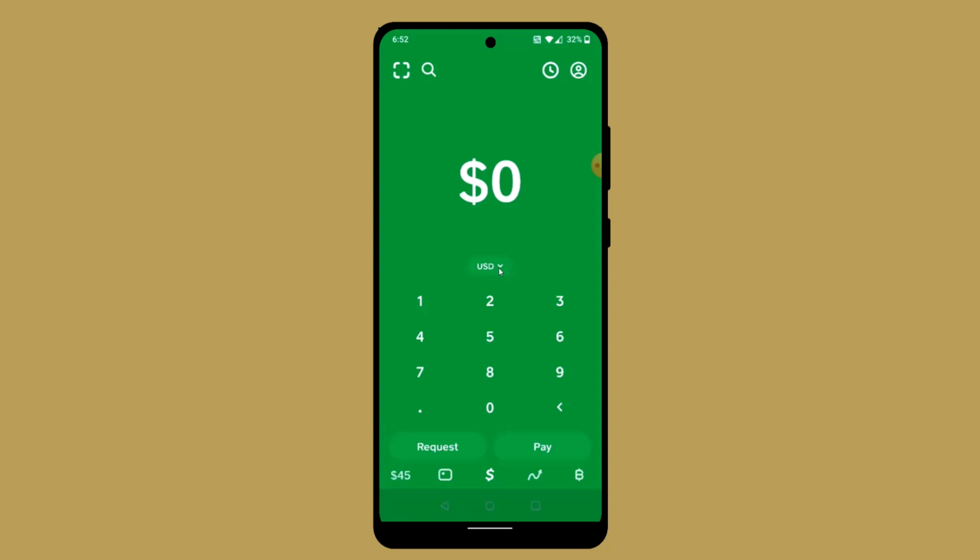First of all, make sure that your application is completely up to date. Now to begin with, first thing first, you have to just follow the instruction. That is, you'll need to share your cash tag. So your cash tag is a unique identification associated with your Cash App account. So sharing this cash tag with the person who intends to send you money, they can enter your cash tag